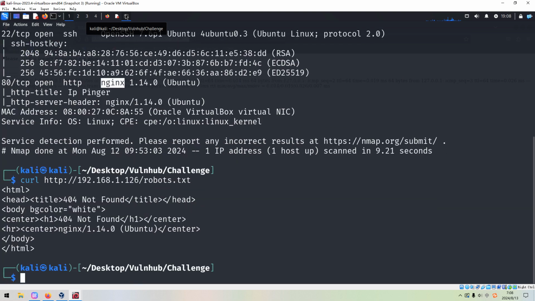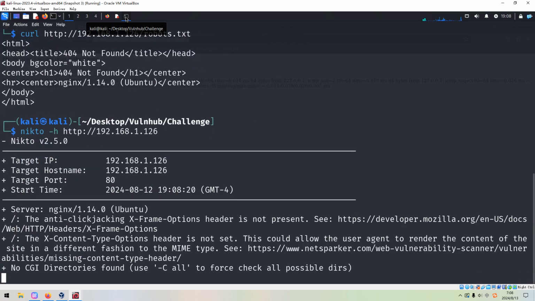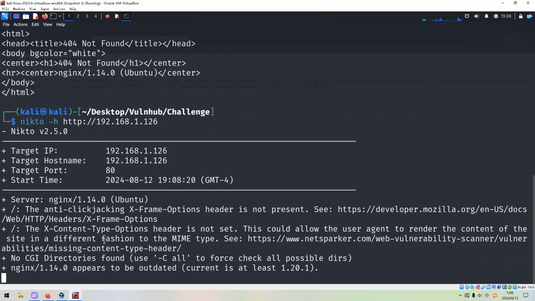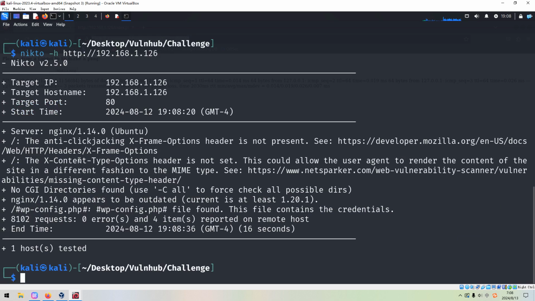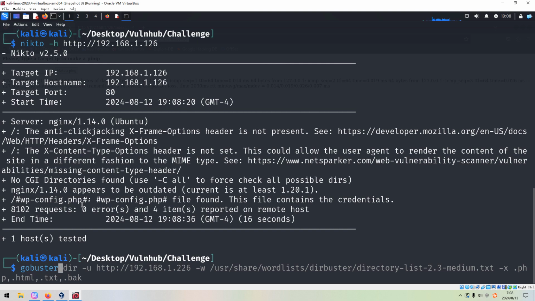Press enter, not found. Next, we can launch Nikto to do the automatic enumeration, because Nikto can give us a lot of information, including the header information, the allowed HTTP methods, and also if the web application software has vulnerability. And then even Nikto can give us the vulnerability or exploit information. But in this case, we cannot get anything like that. So next we can use GoBuster to do the directory enumeration or brute forcing.